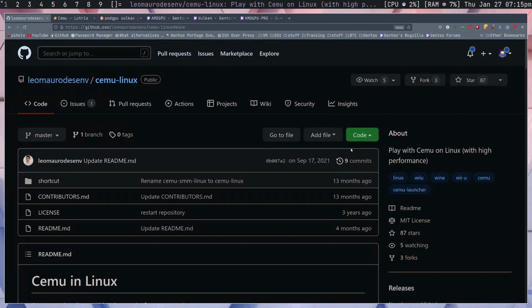Nathan here. Today I wanted to do a video talking about Cemu, which is a Wii U emulator that is not native to Linux, and I wanted to do a video showing how to install it for Linux and more